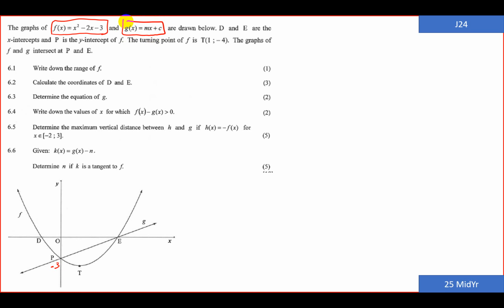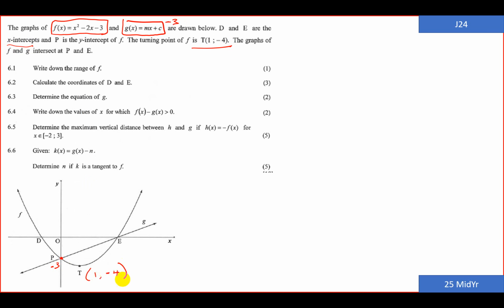function, g of x equal to mx plus c. So if we look at the graph, the straight line, we already know that the y-intercept is minus 3. So immediately I know that the c value there is minus 3. And we carry on to read, d and e are x-intercepts, and p is the y-intercept of f. The turning point T is (1, -4). So I'm going to put that down